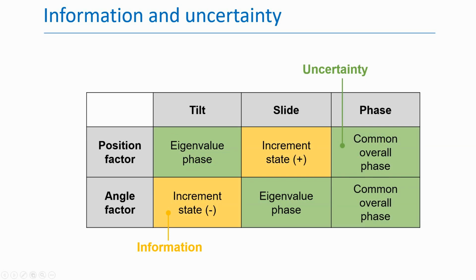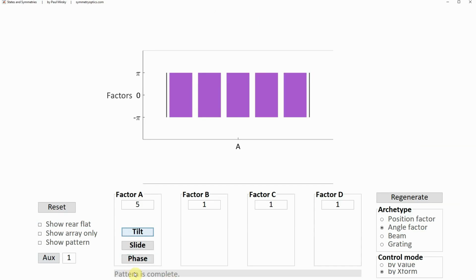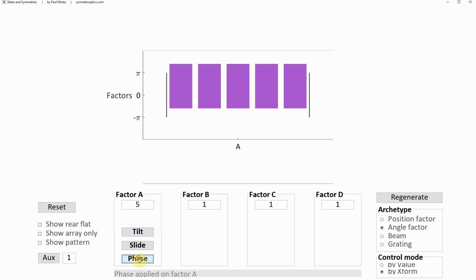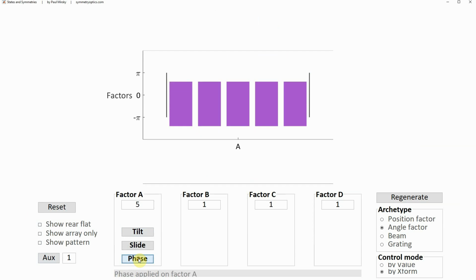Incrementing the state to the next state is distinguishable, and therefore the cells highlighted in yellow constitute the information. One way to think about indistinguishable phase is that waves of light are passing through a stationary plane. Looking at the amplitude of the wave in that plane, the phase advances linearly in time.